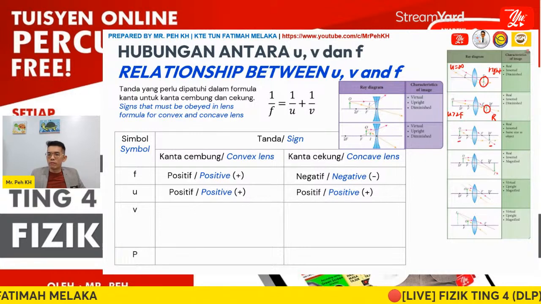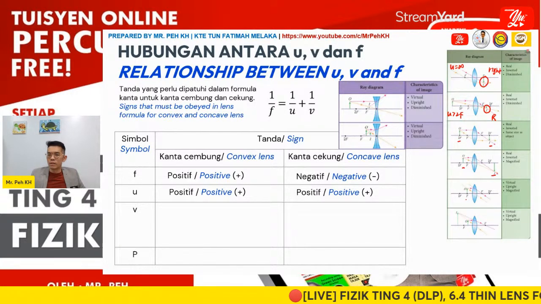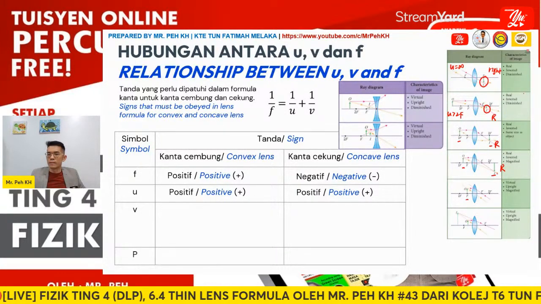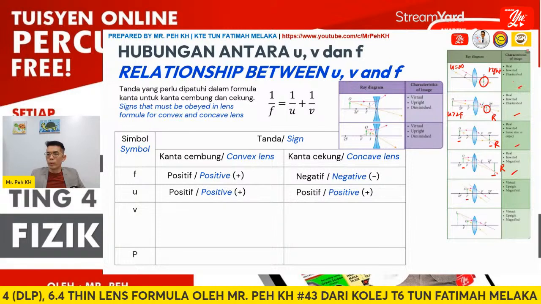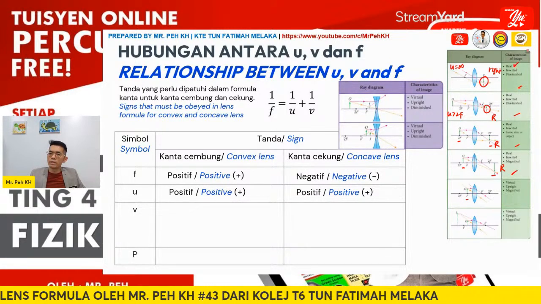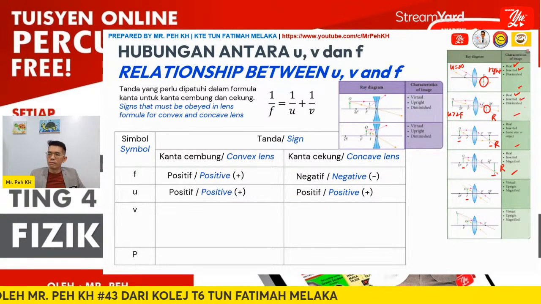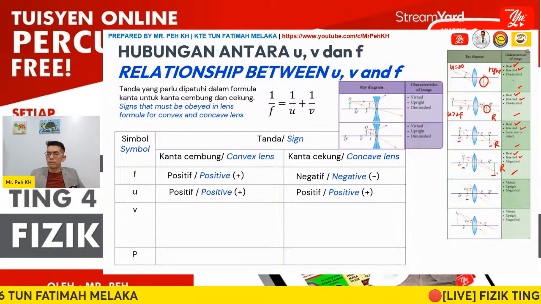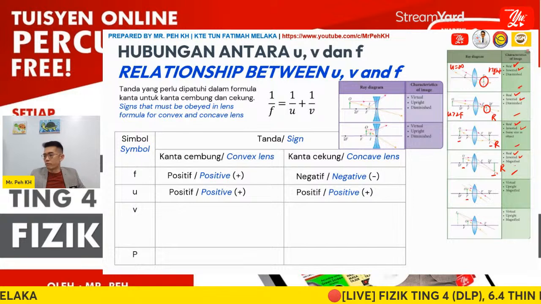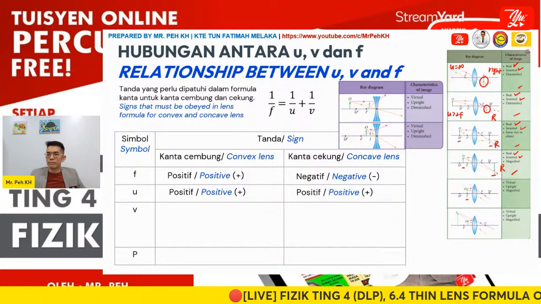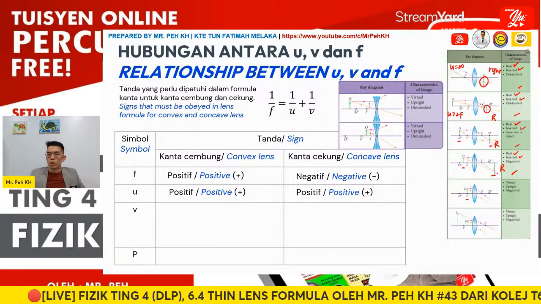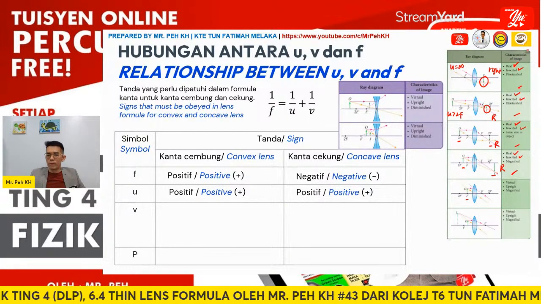So you can see for the different cases here, when the image is at the right side, actually the first four here: 1, 2, 3, 4, the image will be real and inverted. Real and inverted, real and inverted, real and inverted, no matter whether the size is diminished, the same size, or magnified. So when the position of the image is at the right side, showing a real and inverted image, you can